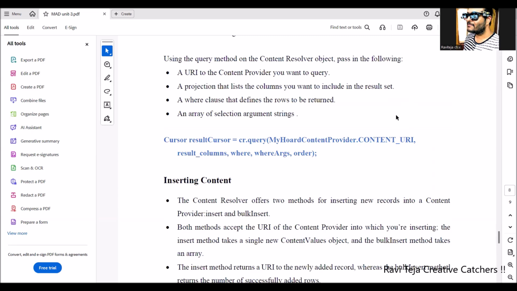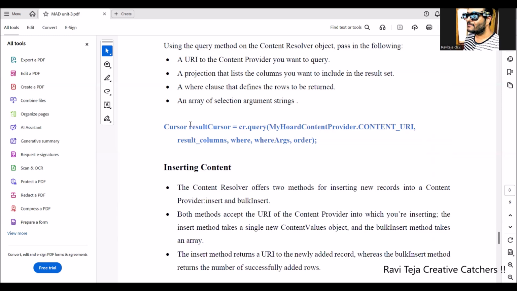A projection that lists the columns you want to include in the result set, and we are also going to use a where clause that defines the rows to be returned, and an array of selection argument strings which are going to be searched for. Okay. Now, all these are included in the form of an instruction. I will be showing you that instruction. So this is the instruction where